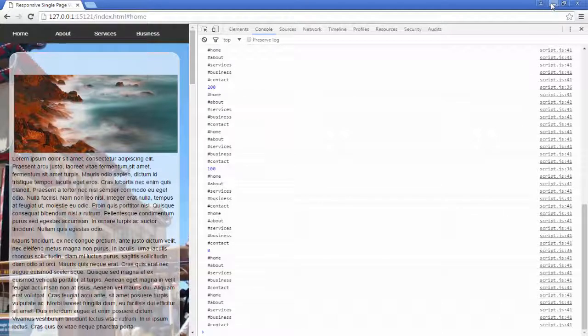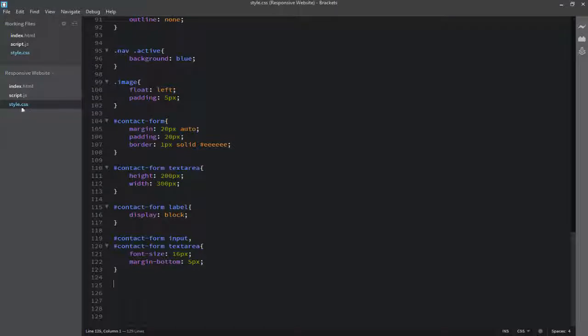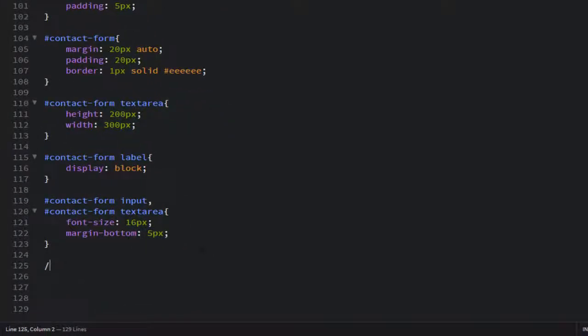So how can I do it is by going to Brackets and opening up the CSS file. First of all, I am going to make a comment. In order to make a comment in a CSS file, you type out the / and then the star symbol, and inside here you can place your comment. I am going to specify that from here it is a media queries section. Then to close the comment you need to type out the star and then /.